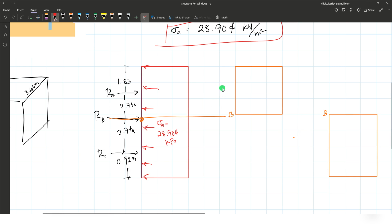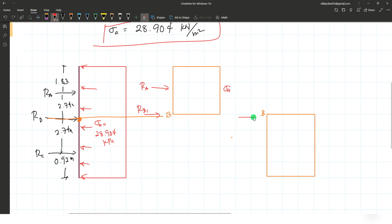So it means that this is your reaction at point A. Still, we have the same value of sigma A. And since we have a section at point B, we have two values of reaction at point B. We have RB1 and RB2. Then reaction at point C, let's say right here. And this is your sigma A. Okay, focusing on the upper section right here,